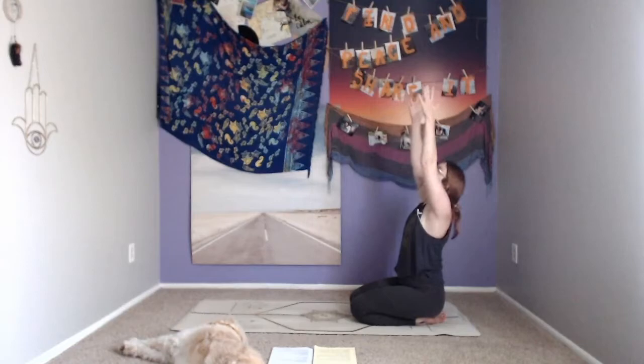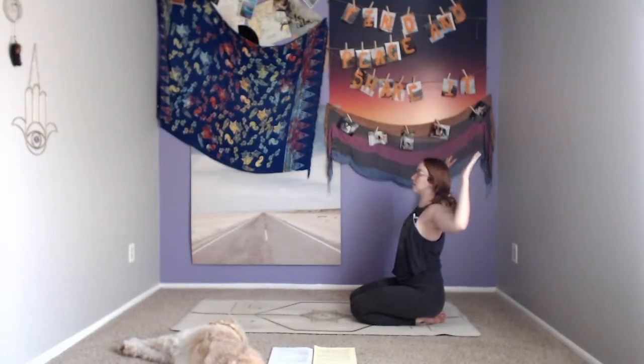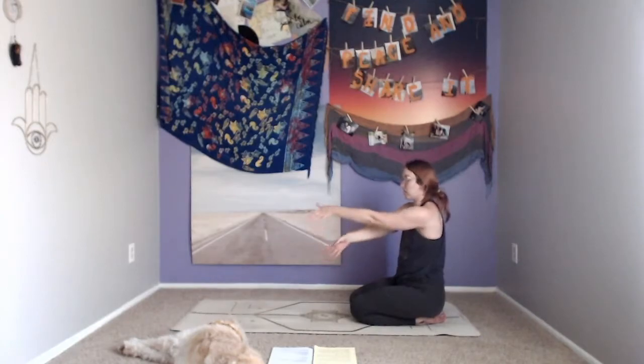Inhale, extend the fingers forward to come up. And exhale, cactus arms. This time, inhaling to cross your right arm below your left, maybe giving yourself a hug or bringing the backs of your arms together,